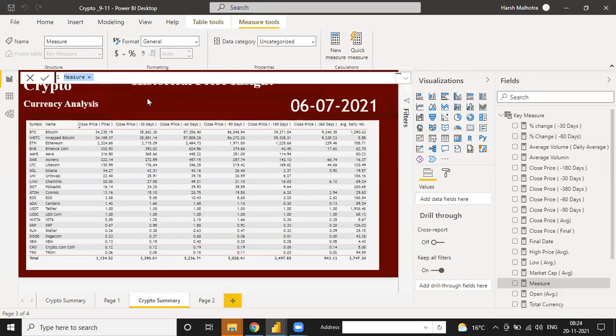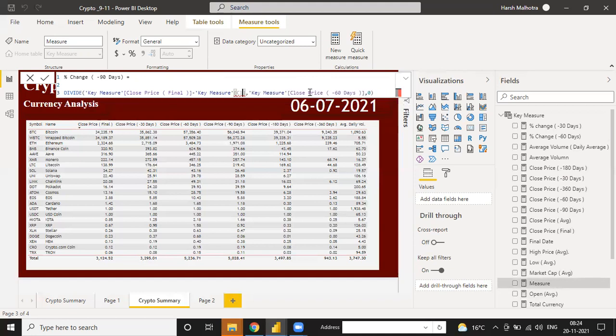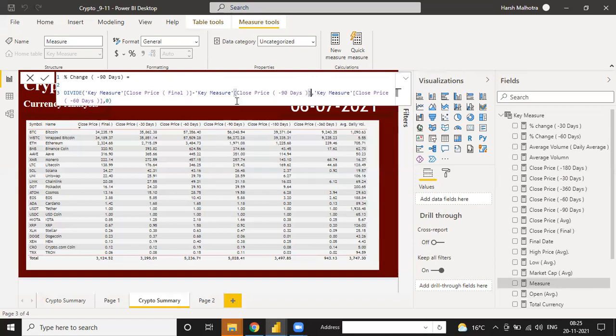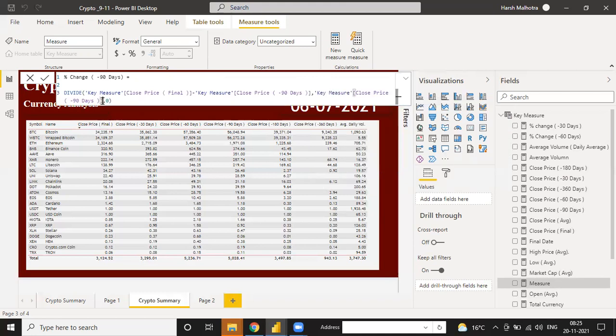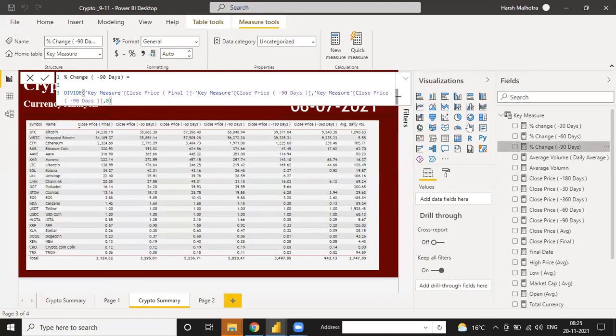Same way, here for 90, you can unselect the 60 and select the 90 days value, close price 90 days, and instead of close price final, you can use 90 days and just enter. So this will give you the insight of minus 90 days.